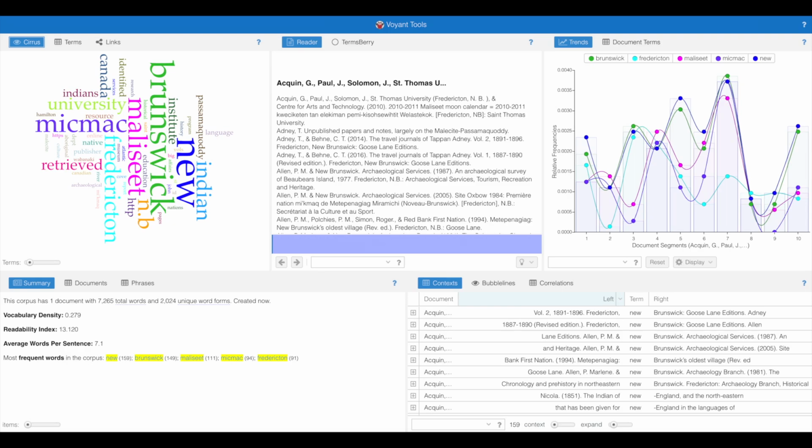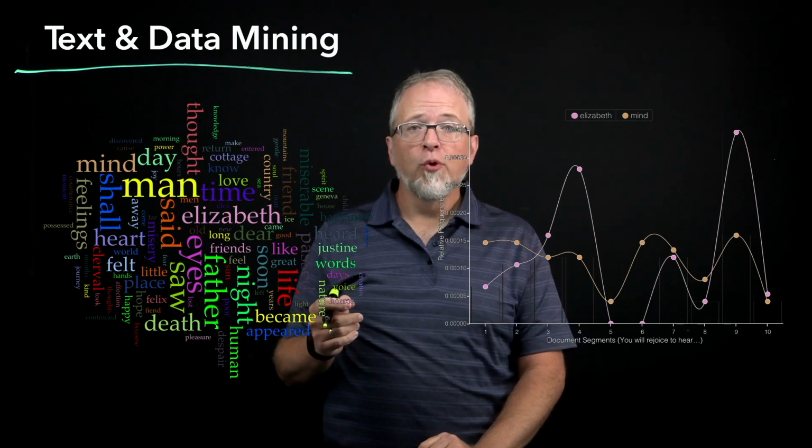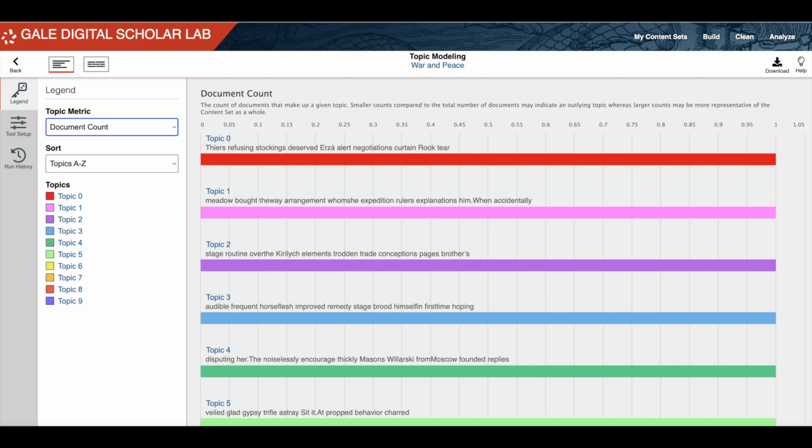What words and phrases occur the most? How do they change over time? What's their sentiment analysis? That is, are they favorable or unfavorable? We'll look at 2 different platforms that we support, Voyant and Gale Digital Scholar Lab, and I hope to see